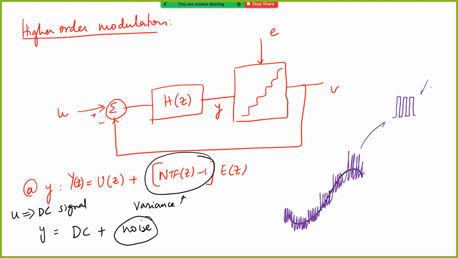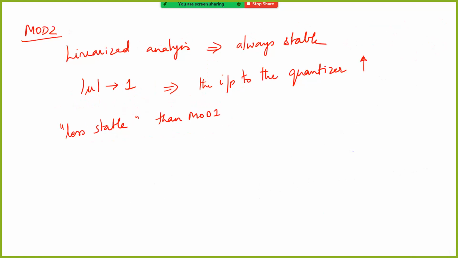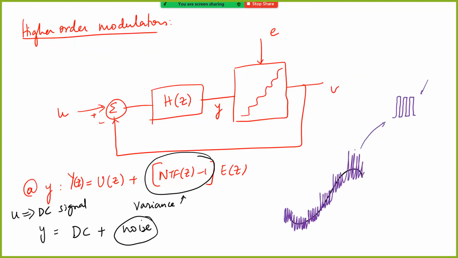Okay. So if you look at the actual time domain waveform of a delta sigma modulator, in this case a multi-level, multi-bit delta sigma modulator, you will basically have this kind of toggling signal. Now the error would be like this, and of course, at V it will become like this, at Y it will be like this. The error signal can even go higher than 1 bit, an error of more than one level and so on. But this is how it is going to be.